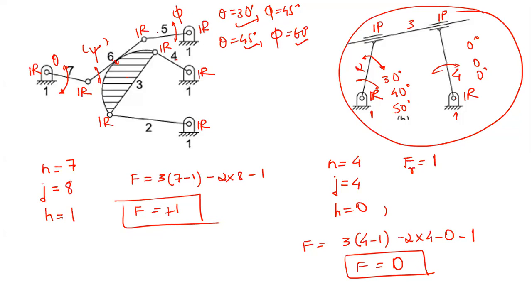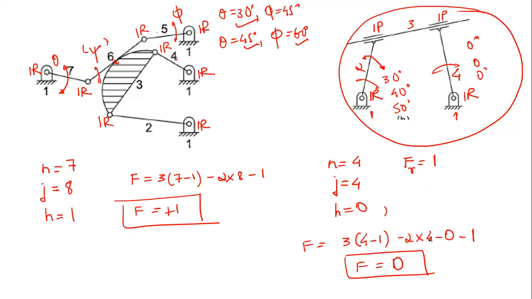Because when we talk of the degree of freedom, the focus is primarily on the input and output links, right? So here definitely link 2 will be acting as the input link and link 4 will be acting as the output link, right? Since no motion is being transferred to the output, but remember that link 2 is still moving. It is not that link 2 is also not moving. If you fix link 2 also, then it will become a structure, right? So link 2 is moving, but no motion is being transferred to links 3 and 4. So that's why the degree of freedom of this mechanism is 0, right?